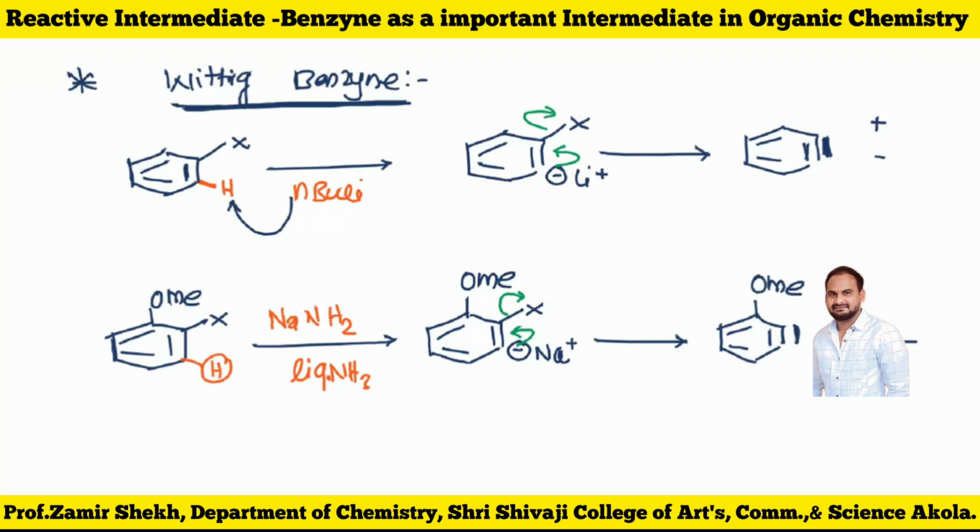And I have the nucleophile, that is NH2 negative ion. So where is it going to attack now? With respect to the OMe group, where is it going to react now? Because there are two carbons here. This is one and this is two. It is an unsymmetrical type of molecule.